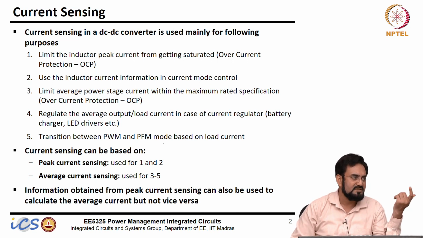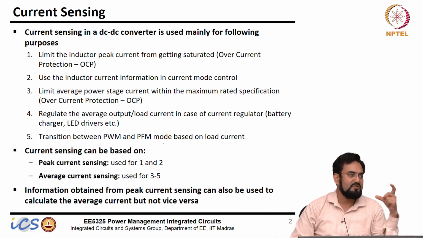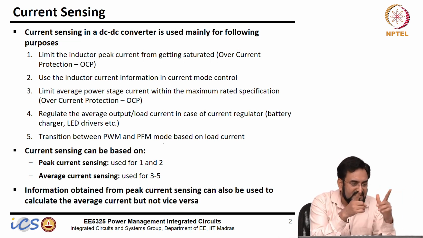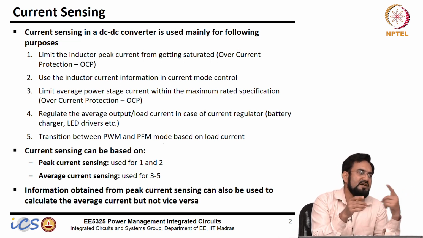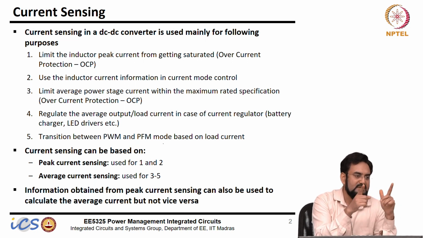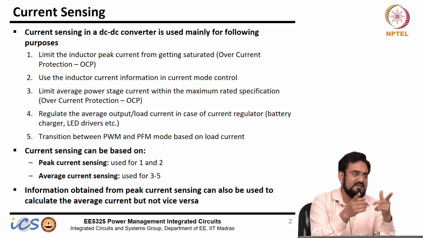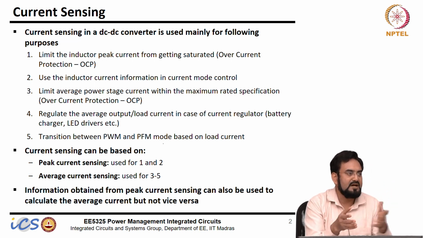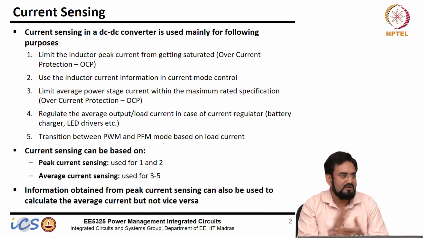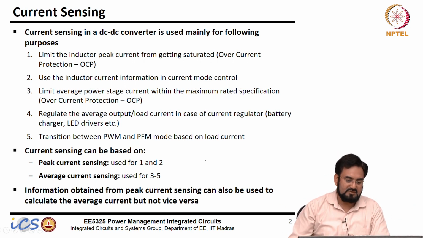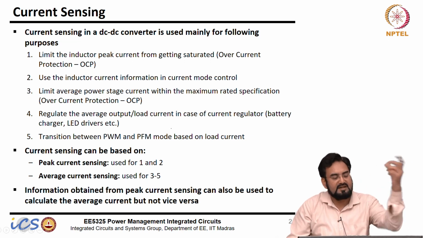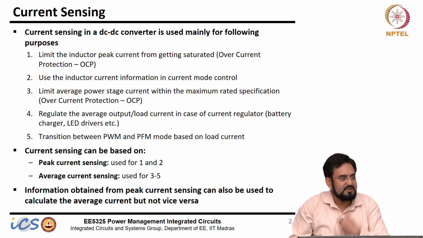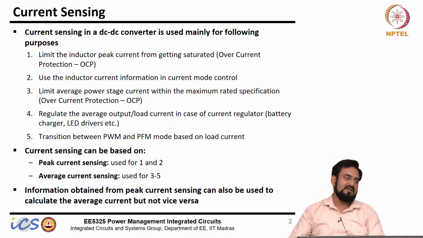You know the control voltage. If it's voltage mode, you know at what control voltage you get 10% duty cycle, or you can literally measure the time with a high frequency clock. You can count that pulse width, and you know that this 10% duty cycle is this pulse width, and the high frequency clock will count 10 or 20, whatever, and that count you can implement digitally. Or the third option is you can look at the actual load current, and you can enter into PFM mode based on that also.